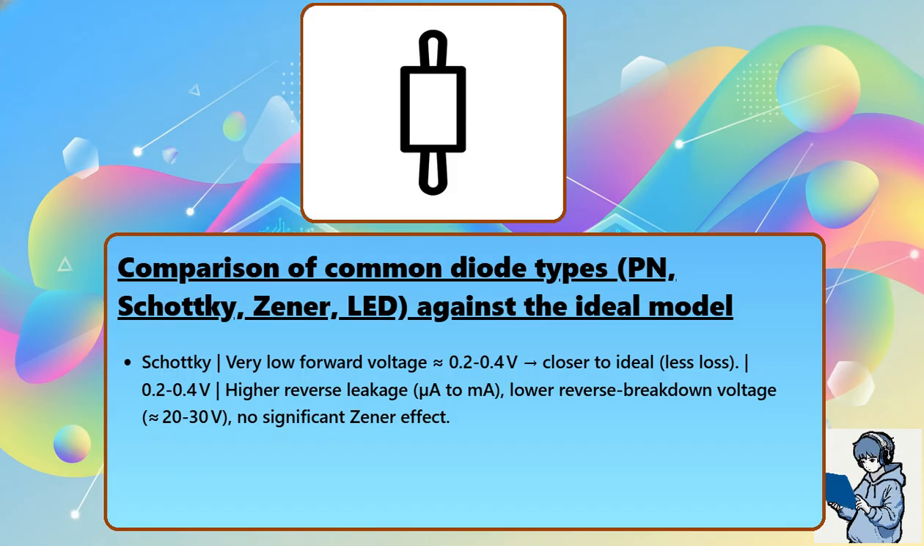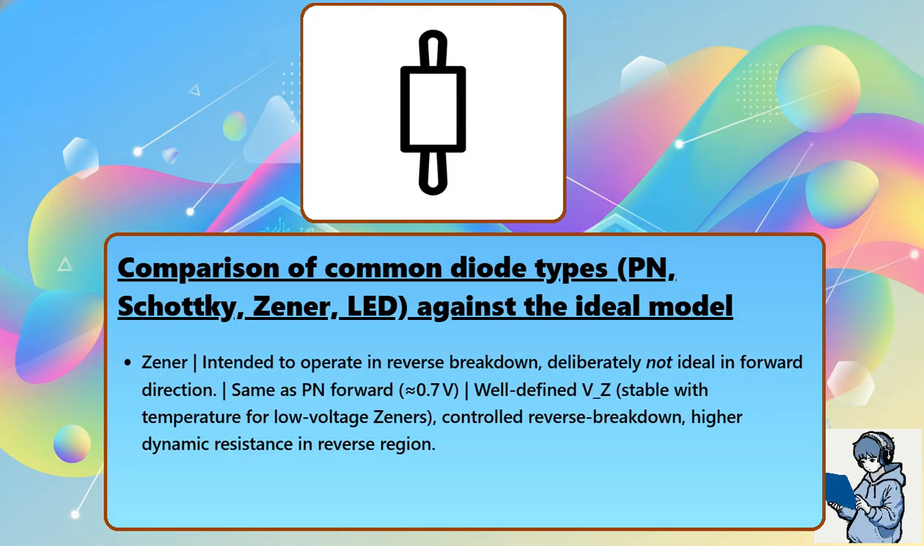Typical forward drop: 0.2 to 0.4 volts. Key non-ideal traits are higher reverse leakage, microamps to milliamps, lower reverse breakdown voltage, approximately 20 to 30 volts, and no significant Zener effect. Zener is intended to operate in reverse breakdown, deliberately not ideal in the reverse direction. Forward voltage same as PN, approximately 0.7 volts. Key non-ideal traits are well-defined V sub Z, stable with temperature for low voltage Zeners, controlled reverse breakdown, higher dynamic resistance in